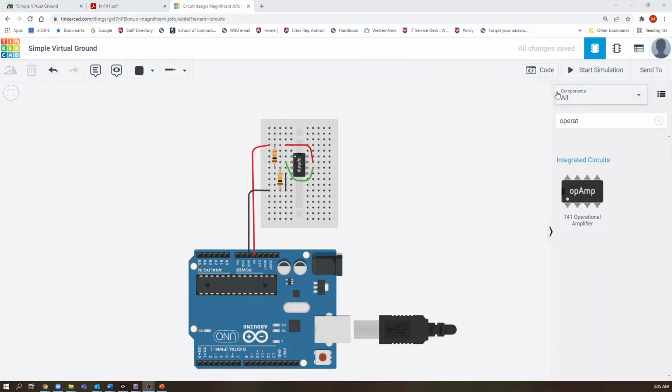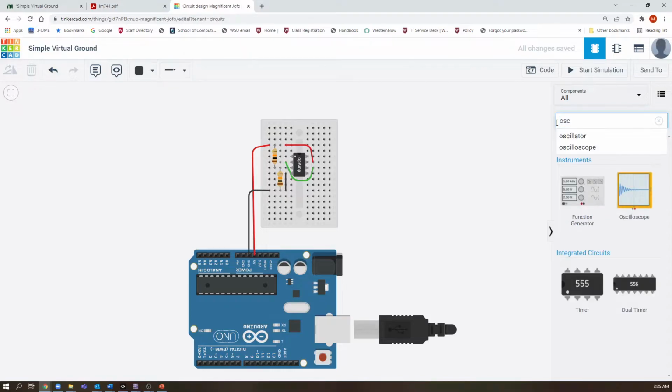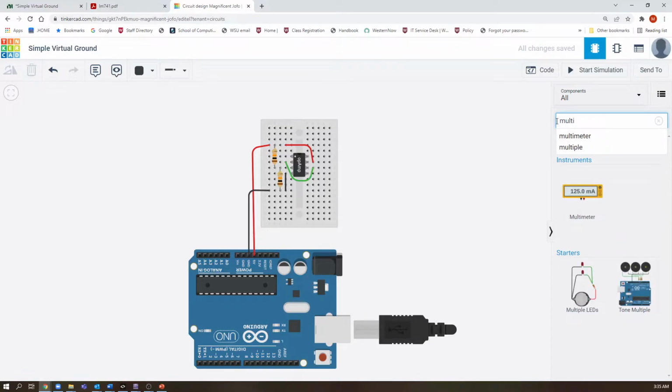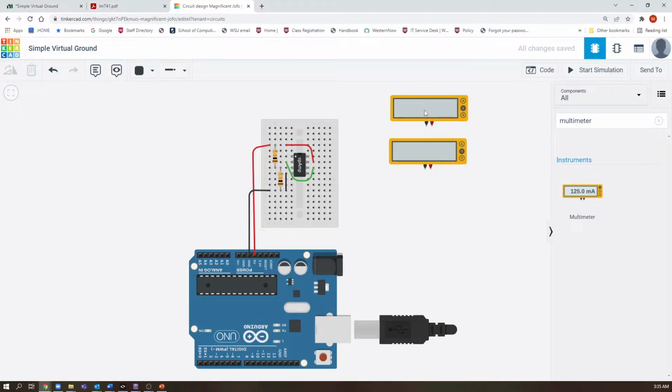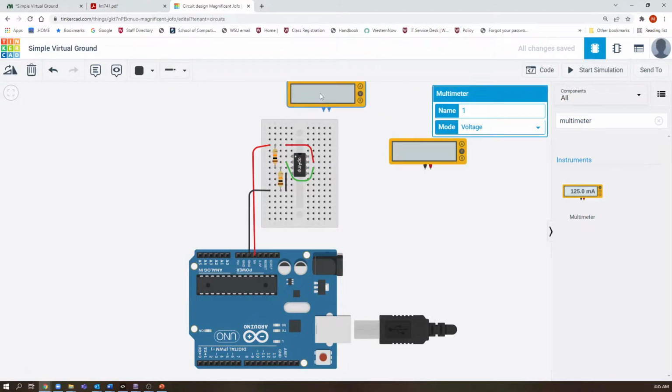so what about the probes? How do we know that we're actually getting virtual ground? So we'll look for an oscilloscope. No, actually, let's look for a multimeter, and we have 2 of them. This one is voltage and this one is voltage. So for the virtual ground circuit, we'll actually have,